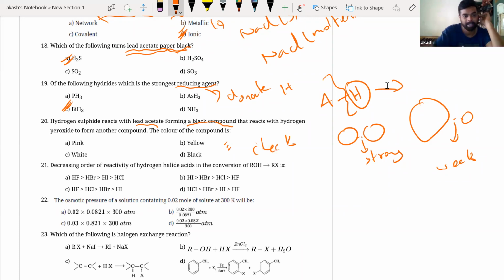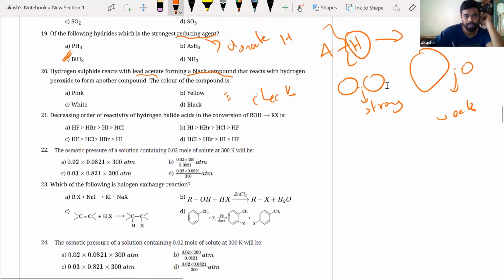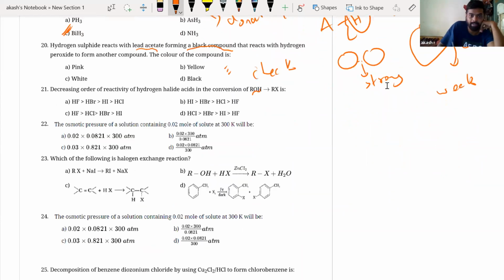Okay. Fine. Next. Decreasing order of reactivity of halogen halides in conversion of ROH to RX. Right. So basically, we know what we have to do. We have ROH. If we write HX, I'm going to form RX here. Isn't it? Right. So again, what you have to understand, this HX bond has to break, right? So whichever bond can easily break, that will be more reactive. So I know HI bond is the weakest, HBr is okay, HF bond is the strongest. So HI will be the maximum reactive, then HBr, then HCl, then HF. B is the answer,